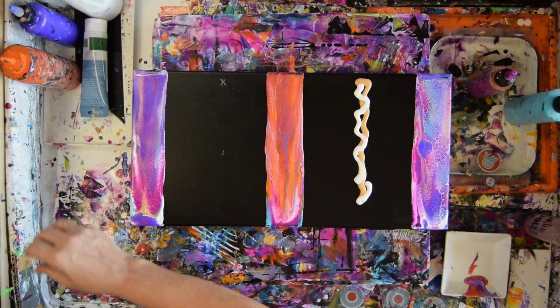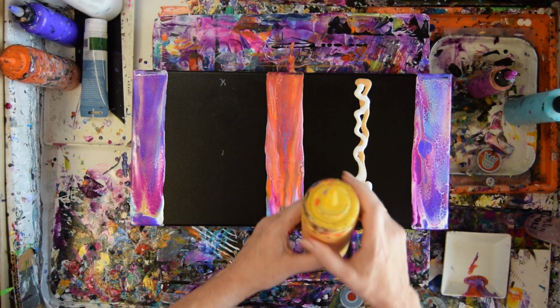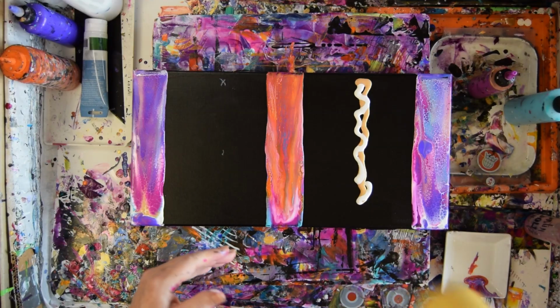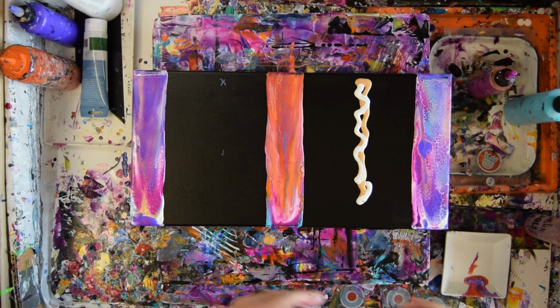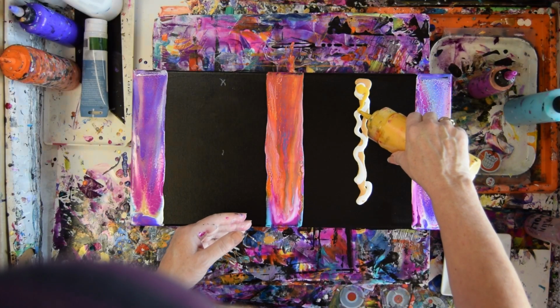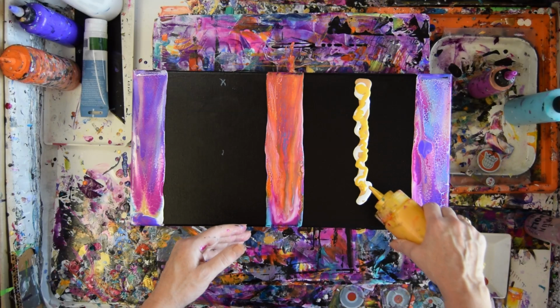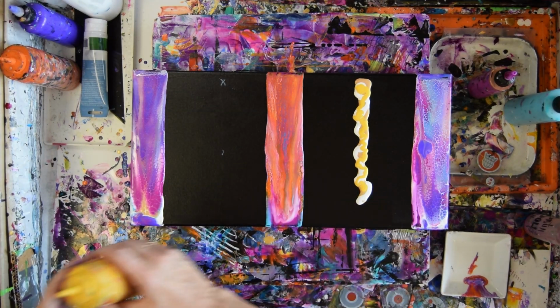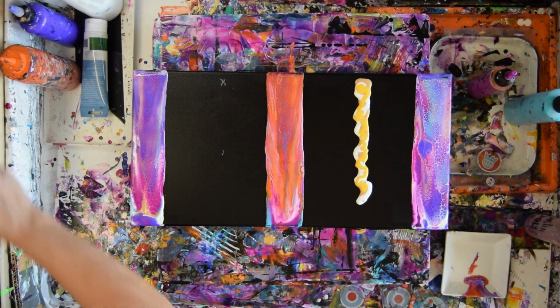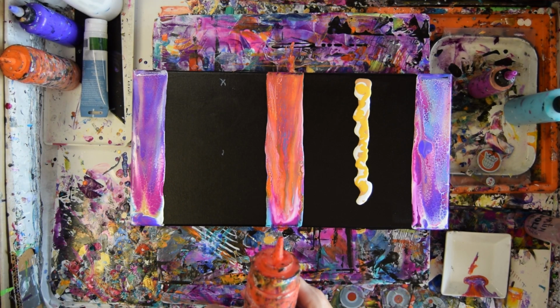I've got tangerine and yellow. How about some Tuscan Sun? Let's make sure that that's not going to be leaking fluid. We don't, yeah, it would have. So since I've got orange right here, I'm contemplating maybe going with the saffron